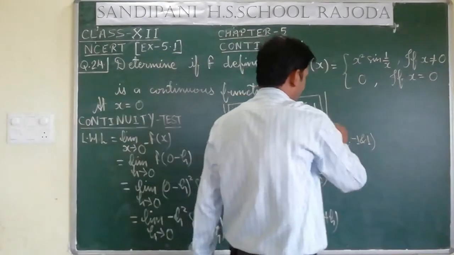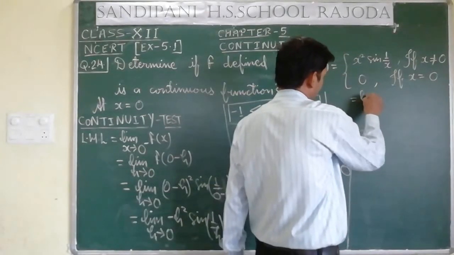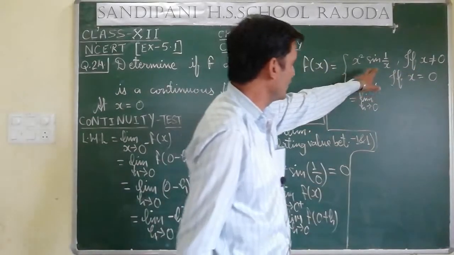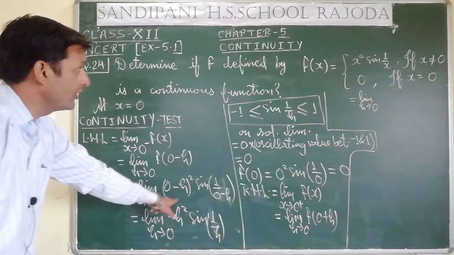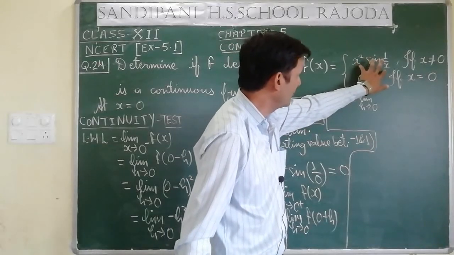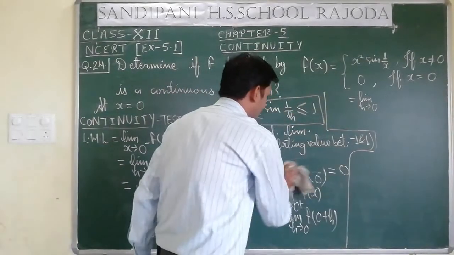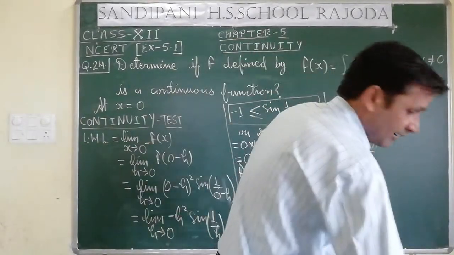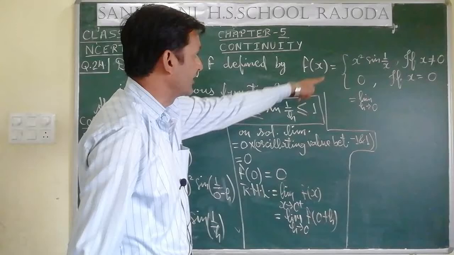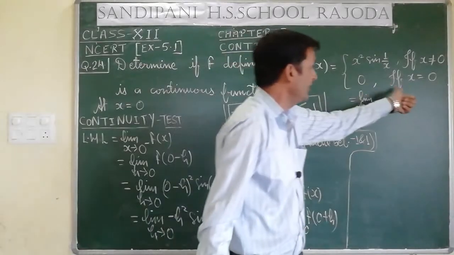Now we may write here, it will be equal to limit h tends to 0, because not equal to 0 means what? For less than 0 also we have to put the value of x here, and for greater than 0 also we have to put value here only. F of 0, sorry, it is clearly mentioned f of 0 here. F of 0 is equal to 0, which is clearly mentioned in this part. See, second part of the question, f of 0 is equal to 0, that is clearly mentioned here, and here